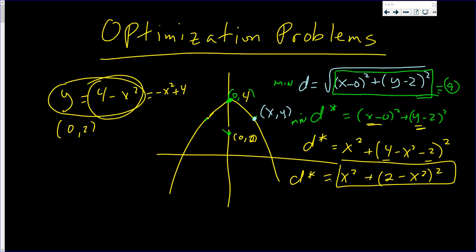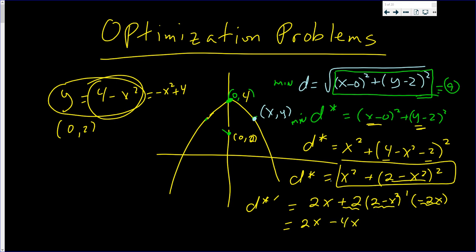So now we take the derivative. The derivative of d star is, well, x squared, the derivative is 2x, plus. Here we have a function to a power. We bring down the power, make the new power 1 less, and then multiply by the derivative of what's inside there, which is negative 2x. So we have 2x, and positive 2 times negative 2x, that's negative 4x,